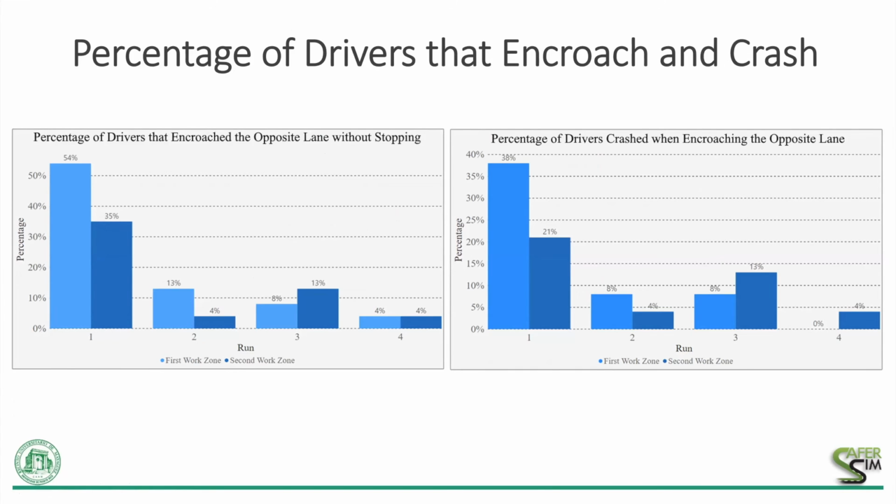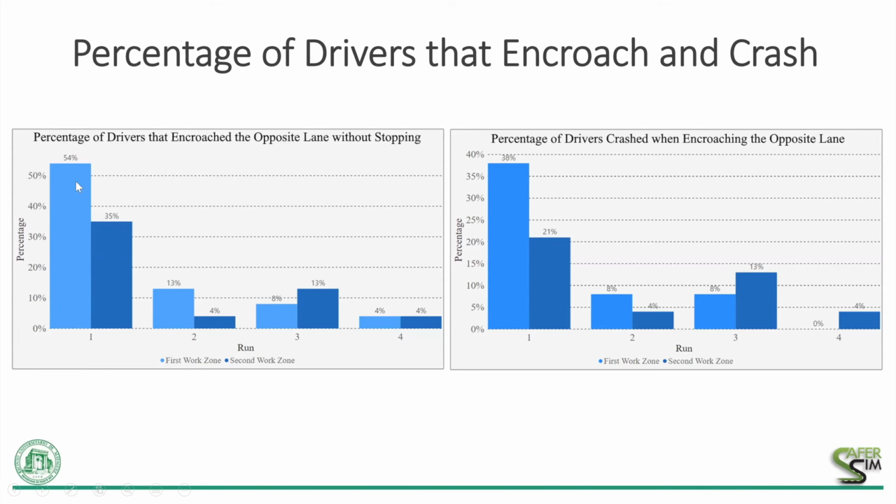These two graphs show the percentage of drivers that encroached and crashed. And what happened here is that you have the order of the runs. People run each one of the scenarios 4 times. So we have the first time the driver faced that situation, you have 54% of the drivers in the first